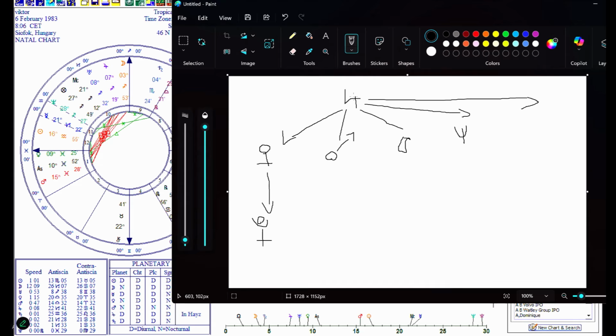And then what happens if the chart ruler conjuncts the final dispositor? This isn't always tough, actually. But there is intensity and a lack of objectivity involved here. It is still an overwhelming, usually obsessive fusion of self and purpose. There is no separation between who you are and what your ultimate drive is. And like I said, it could be incredibly powerful.